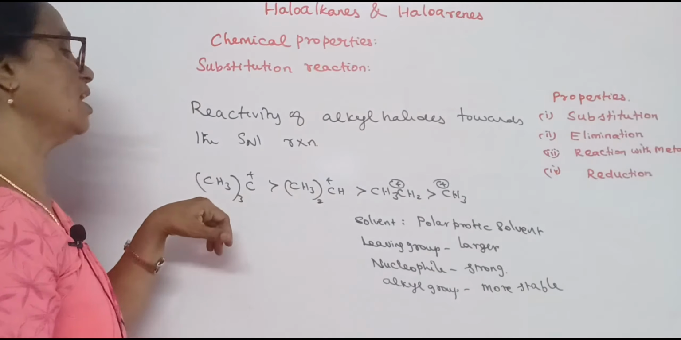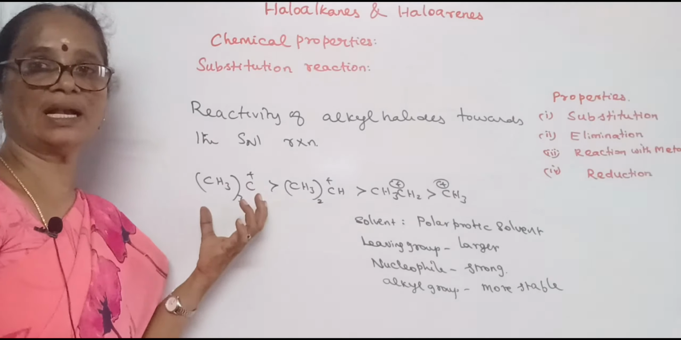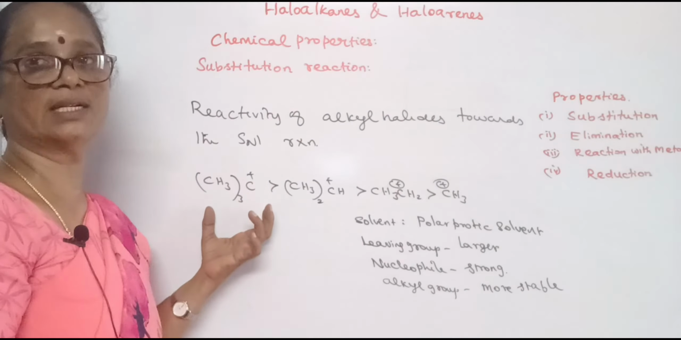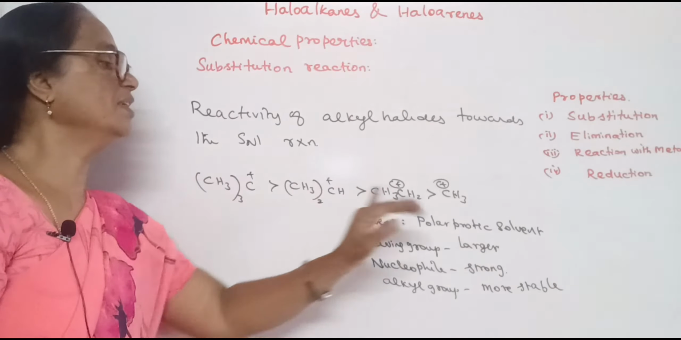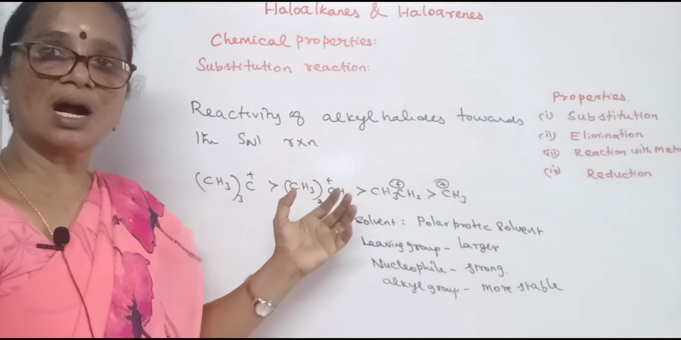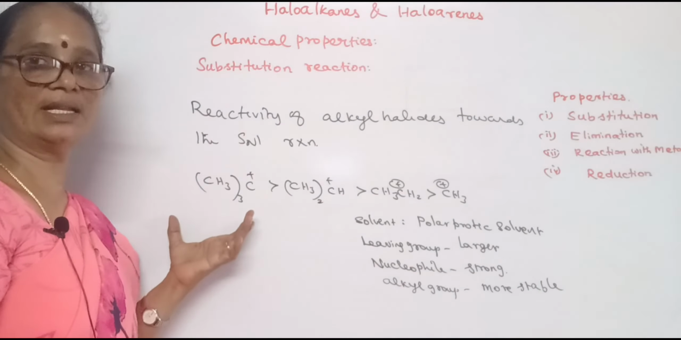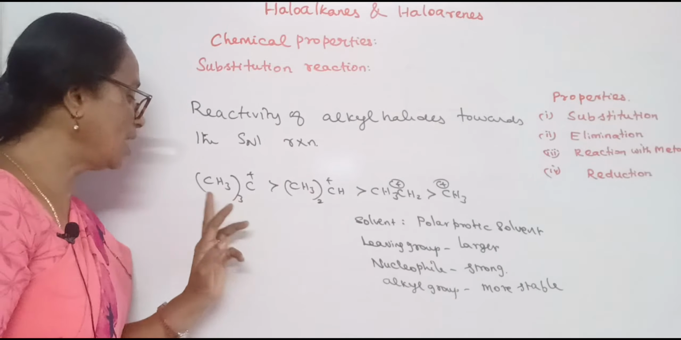Why the order of reactivity reversed? Because in these cases carbocation is formed as intermediates. The stability of carbocation: only the tertiary is much more stable than the methyl carbocation. So according to the stability of carbocation, the reaction is facilitated faster if the alkyl group